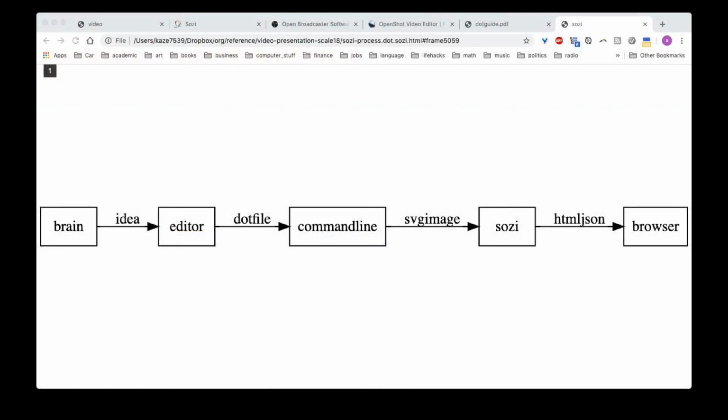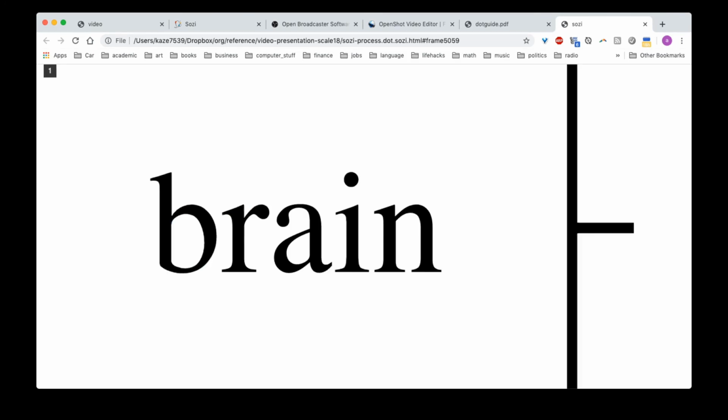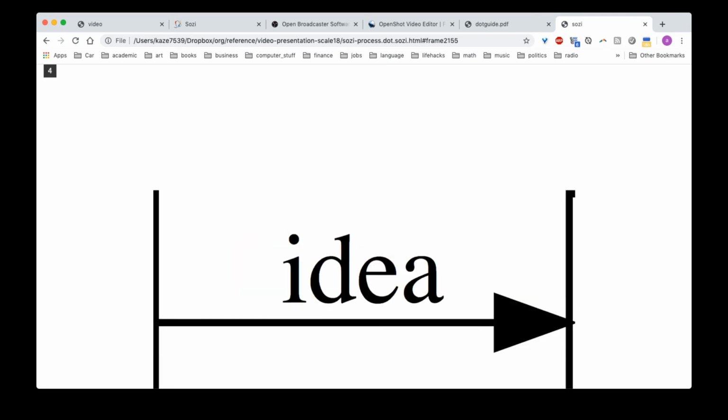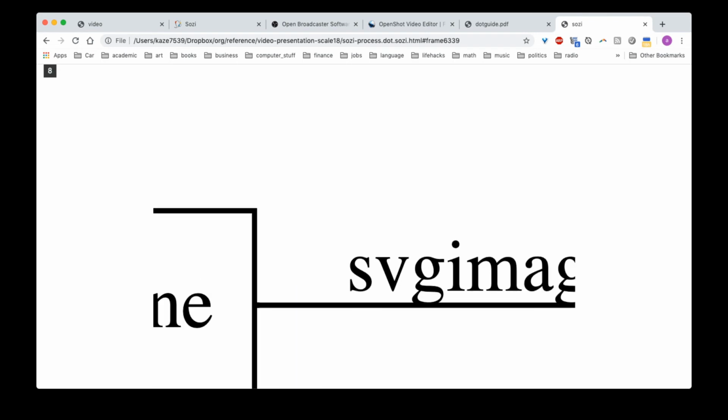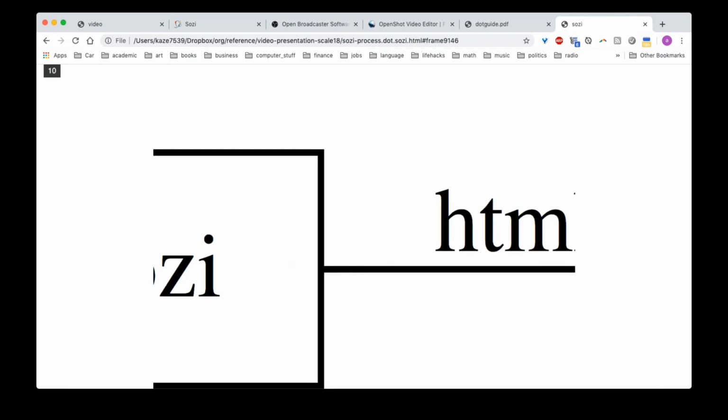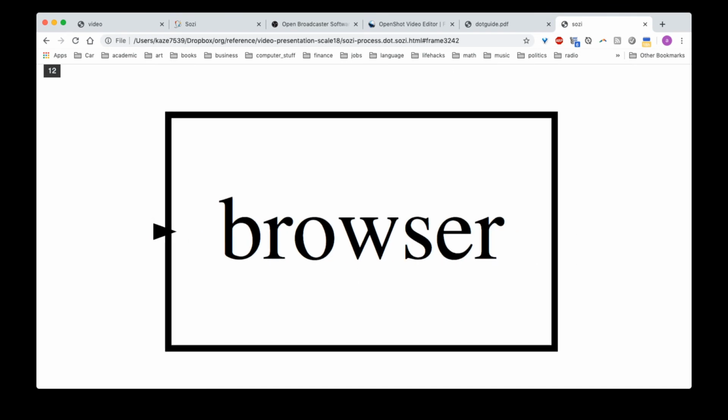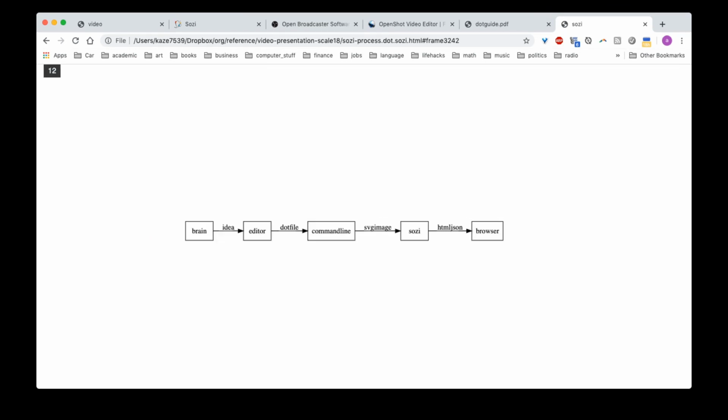So now I'm here in the browser, and I can just go through, use either the arrow keys or the space bar to step through this. Go from the brain to the idea, to the editor, to dot file, to command line, to SVG image, to Sozi, to HTML, to JSON, to the browser, and then back out again. Okay, so